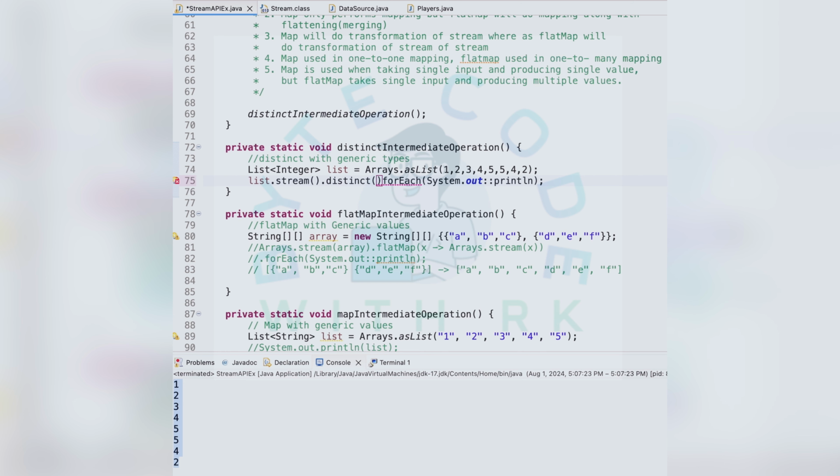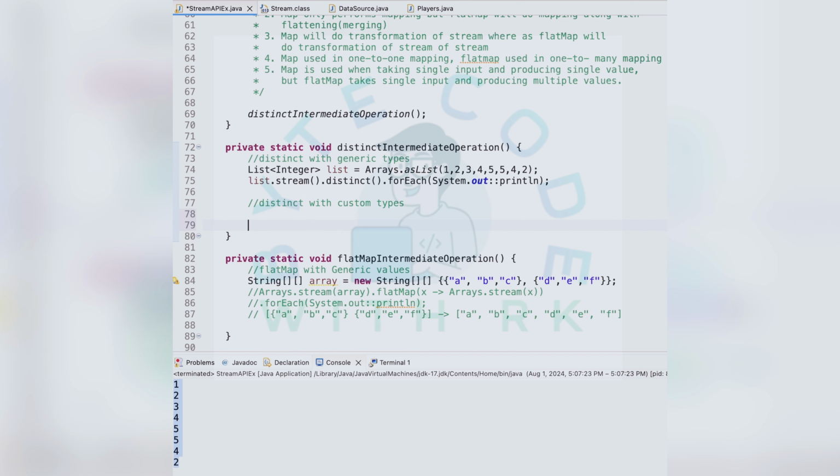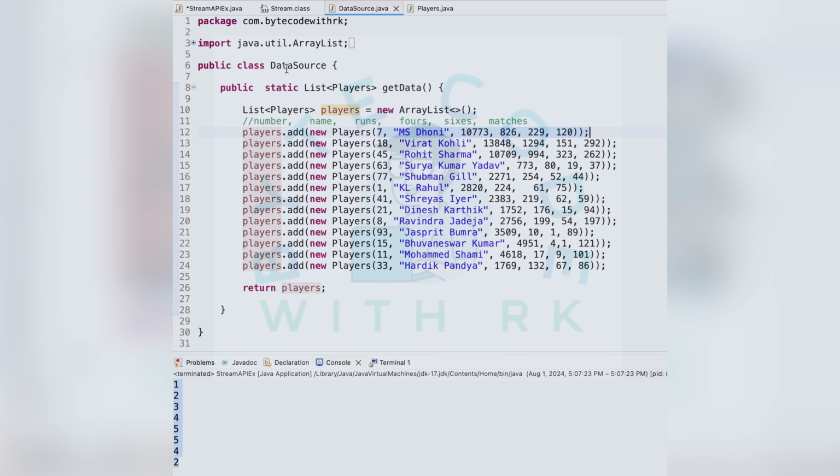Let me see distinct with the custom type. The custom type here is Player, having different fields like number, name, runs, 4s, 6s and matches. So this is the Player object, and I have one more class called DataSource having a getData method,